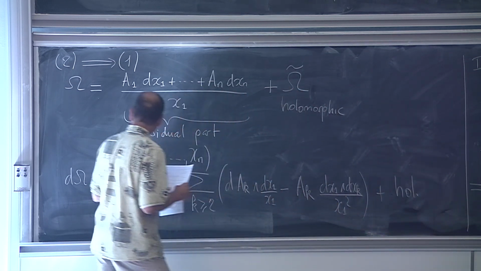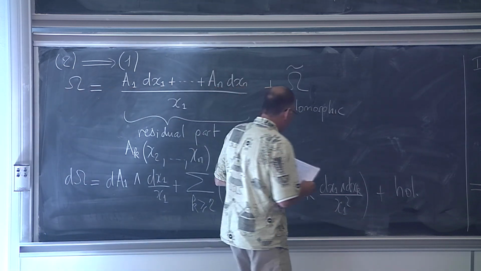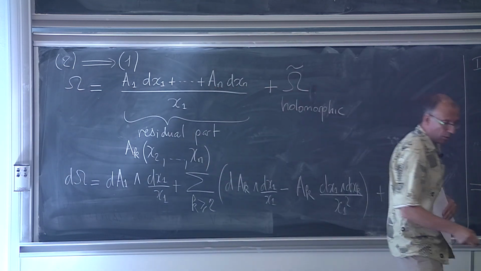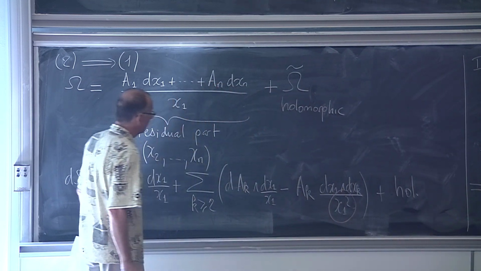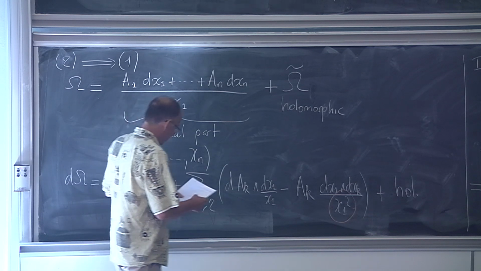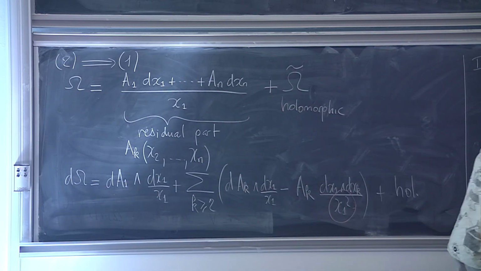So what you see is that this is all right, it has simple poles, but here you have a pole of order 2, and you should not have this. So this means that the logarithmic condition imposes that the residue